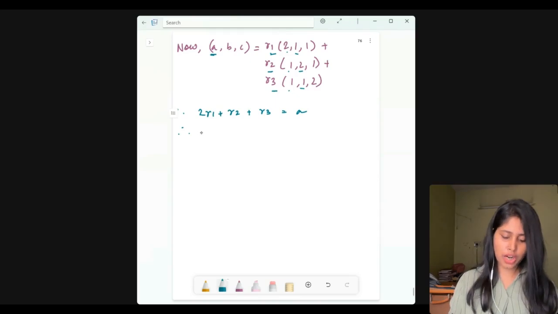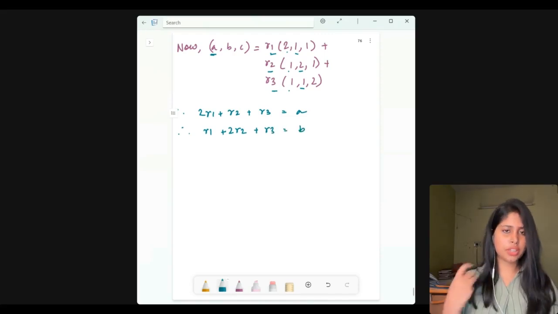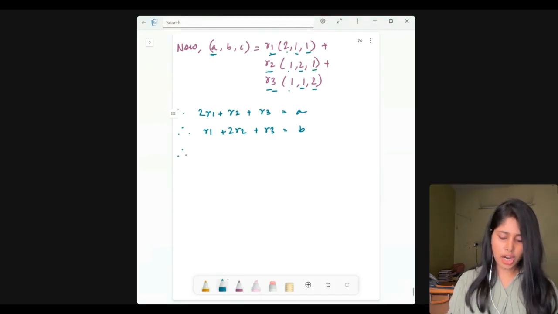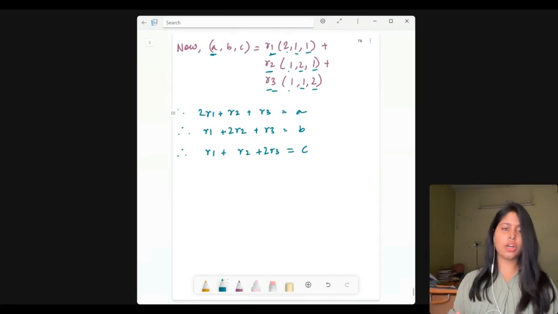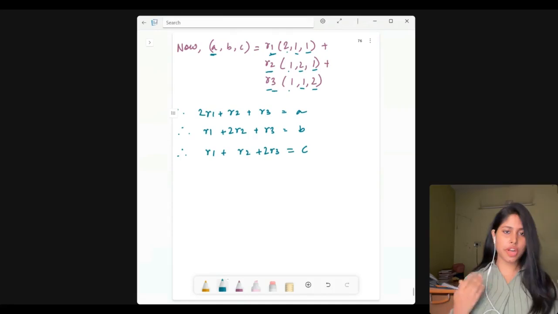So it will be what? R1 plus 2R2 plus R3 is equal to B. Now the next equation, the third equation, will be 1 into R1 plus 1 into R2 plus 2 into R3. So let me write it: R1 plus R2 plus 2R3 will be equal to C. Now we have got three linear equations, and just now we have studied how to use Cramer's rule for a